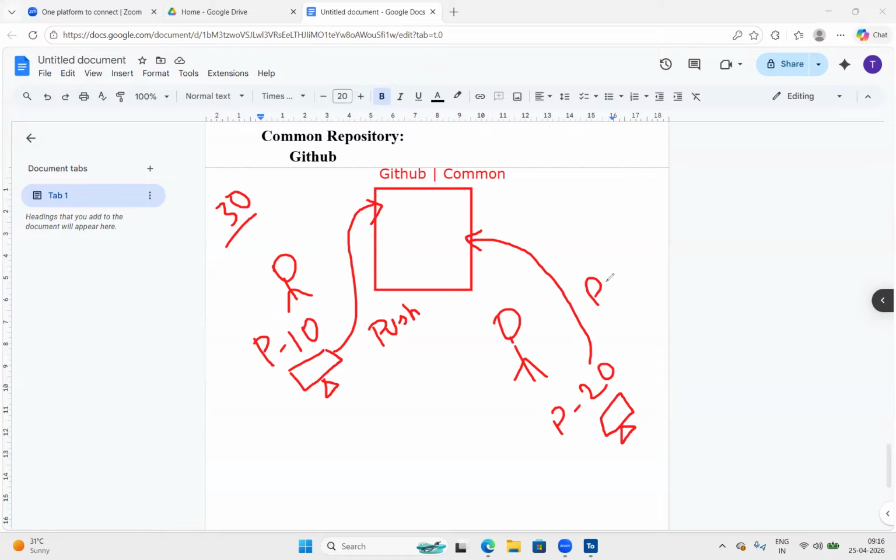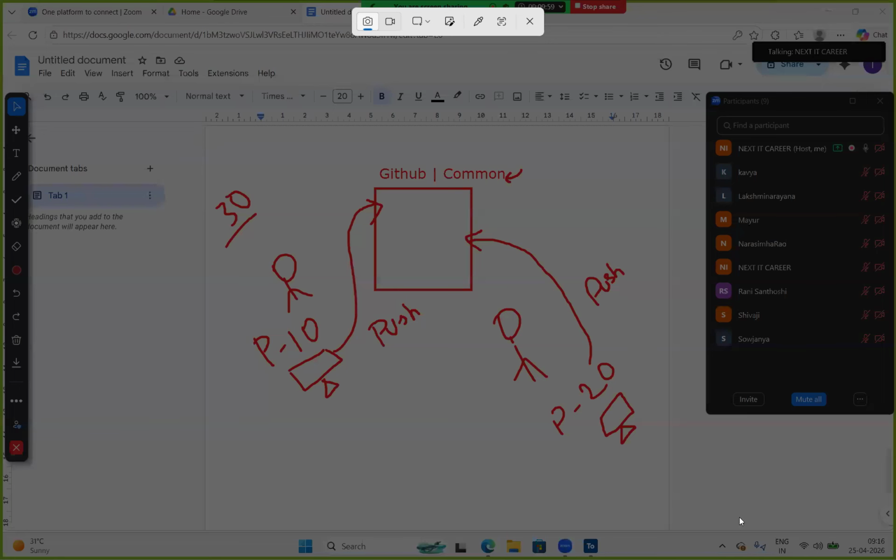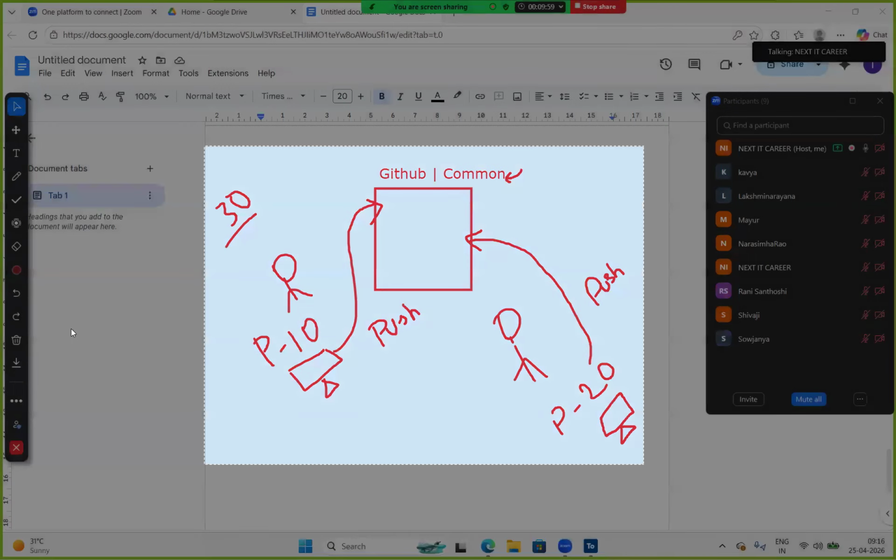As a team lead, test manager, or client, if you want to check the code, you come directly to the common repository. You check the code directly here instead of checking with each person. So now it is clear what a common repository is, and the purpose of the common repository. Is everyone clear with that? Yes.